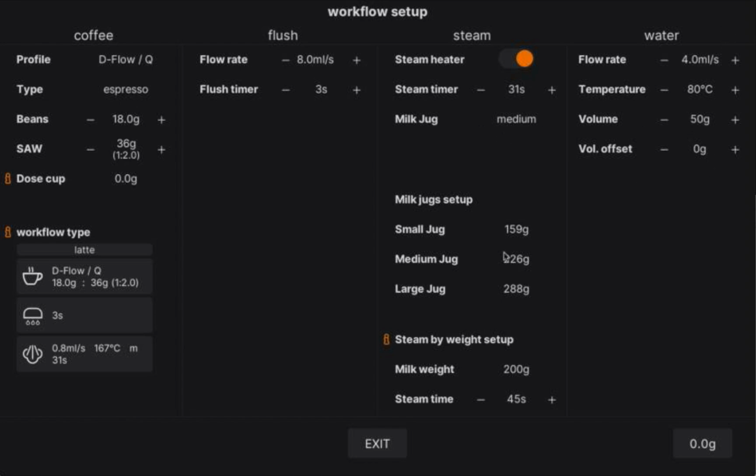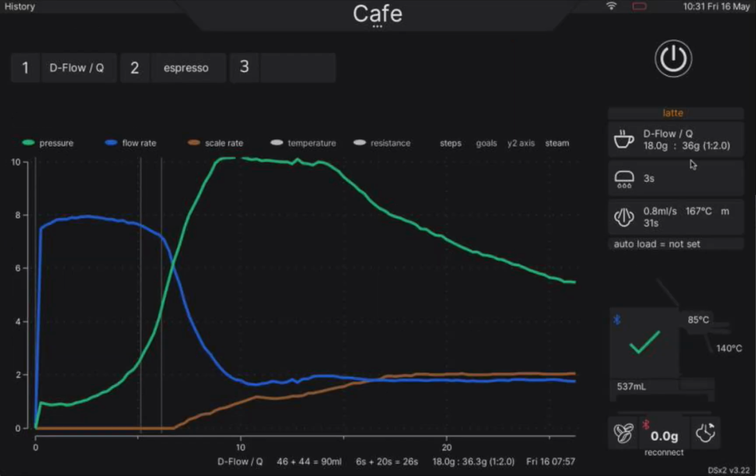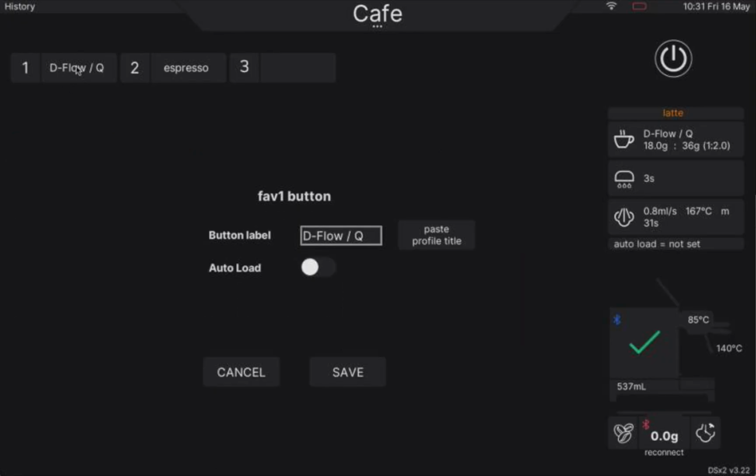And I could set up water settings, but I'm not going to use water for a milk drink, so I won't change anything there. Now, exit. Now I've got everything set up. I'm ready to save my favourite. To save a favourite in the cafe theme, we long press on the favourite button. That opens up the favourite options here, so I can give that favourite button